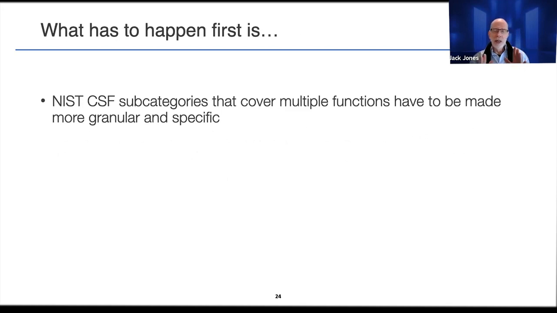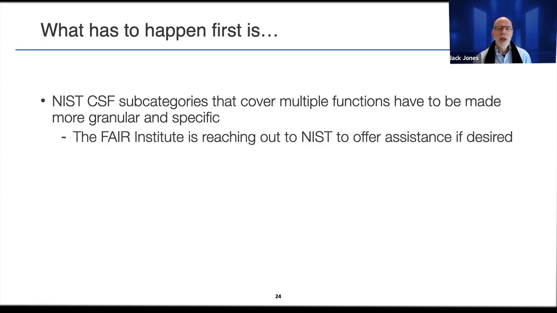So, and not redefining necessarily, but again, break those NIST CSF subcategories that cover more than one FAIR-CAM, too many acronyms, FAIR-CAM control functions will be broken out so that we can avoid the confusion and munging together of measurements that create all sorts of problems analytically and from a results perspective.